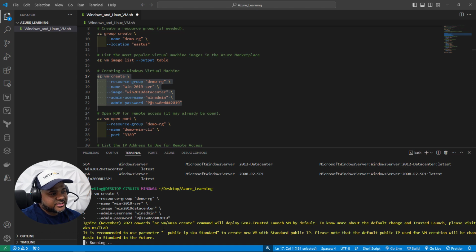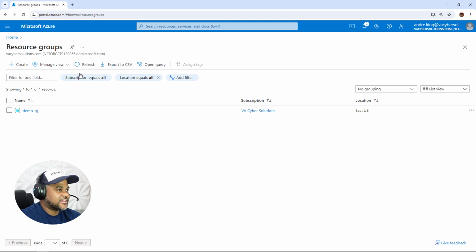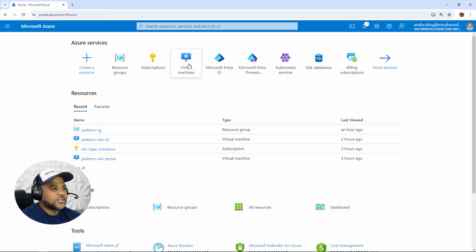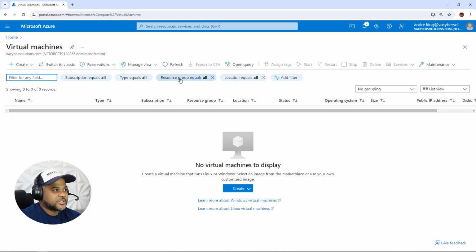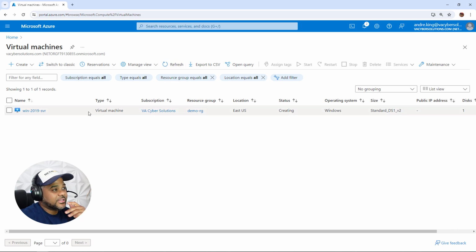So I'll wait about 10 seconds and get back here in the portal, and we're going to see the status of that. If we go back to home, click on, or we could search for a virtual machine if it's your first time here. These are just some of the most recent services that I have visited from playing around in here. But there we go. We see the name that we had there, of course the subscription that we did very early when we did the interactive login, and the resource group. Again, if you already have one, you can just change that line and tie it there. And an Eastern US location.